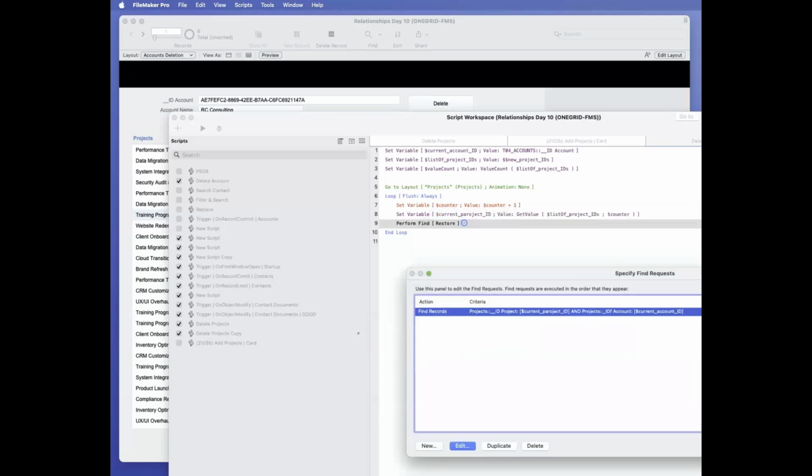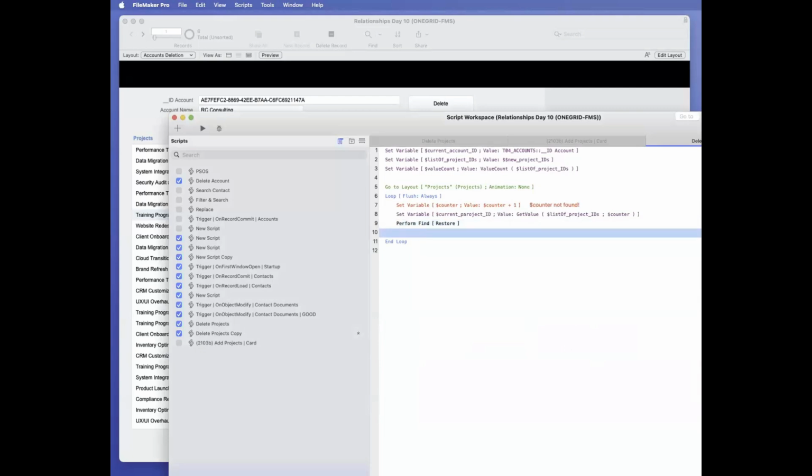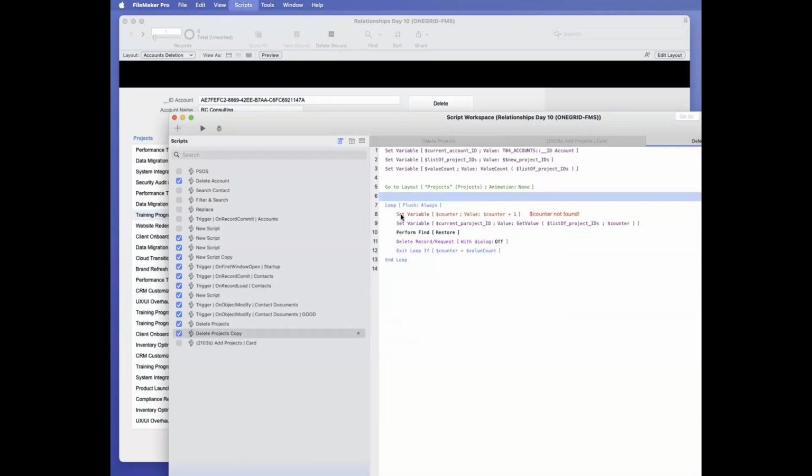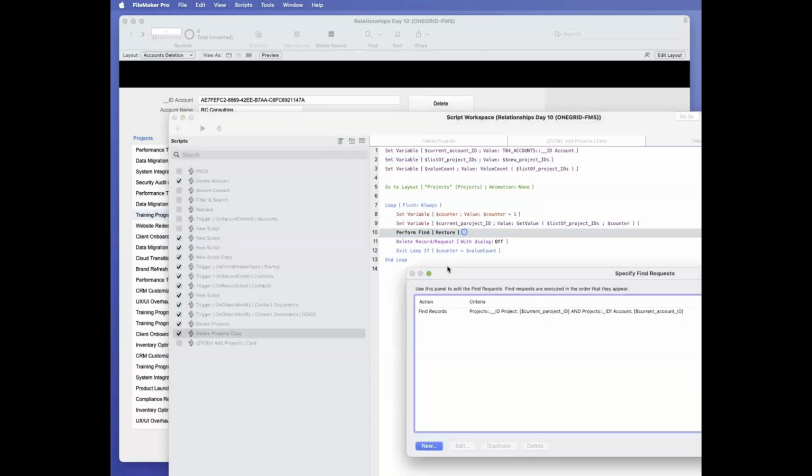Okay. And then delete the record. And then I'm exiting the loop if the counter equals the value count, right? So I'm getting there. If the first it counts, so I'm going to the project, it said this 1, I'm getting the first value of this list. I use this